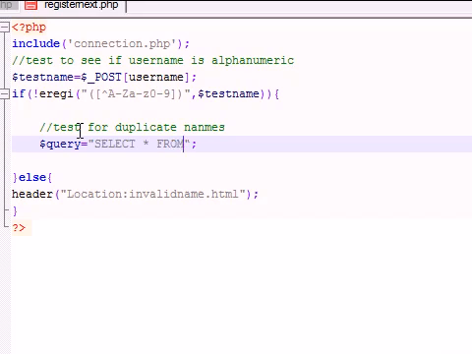Select all from users, and remember I told you guys to make a table called users, where username, and remember I told you guys to make a field in that table called username. Select all from the table users where username equals